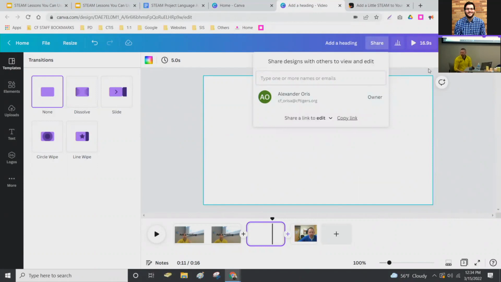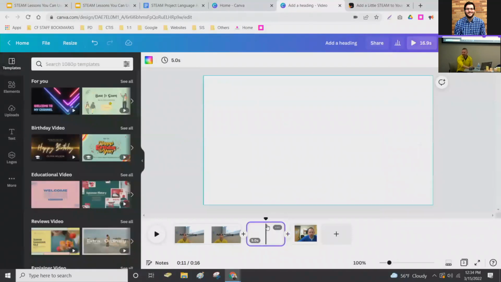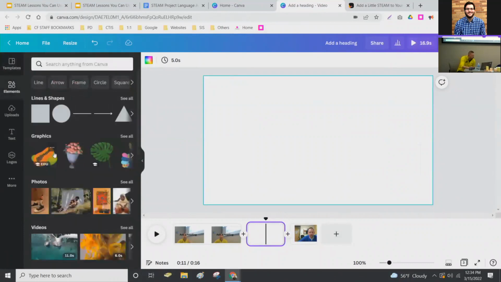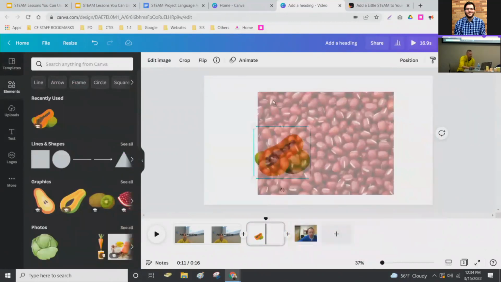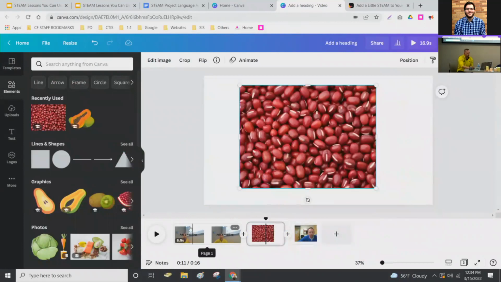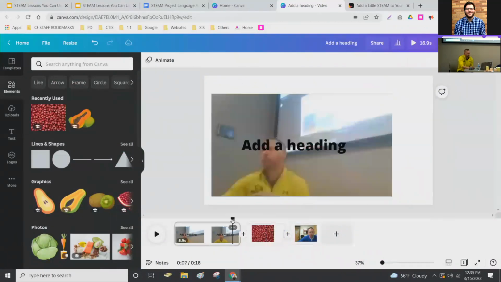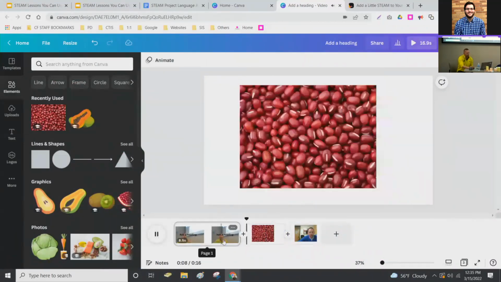So Andrew, sorry. With the add page, can that be adding video or an image? Like if you made a poster on Canva or something, you can add that in? Yep. So I can still go to elements, I can still do graphics, photos, anything of the other Canva stuff. It's just that now when I hit that play button, it's going to go from my video into the static image or page.